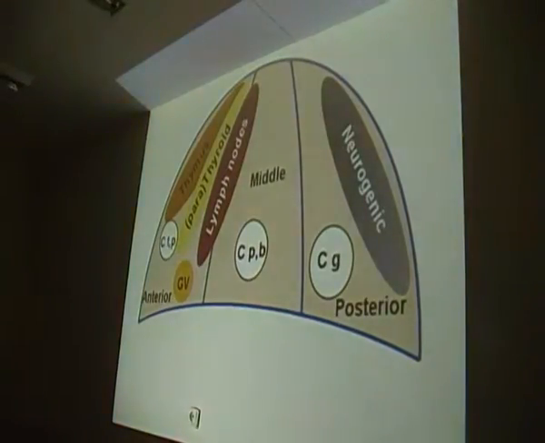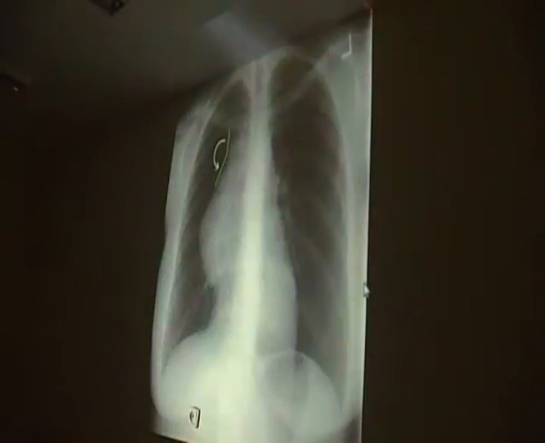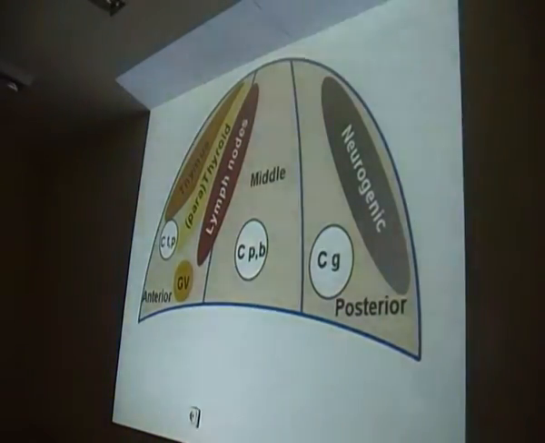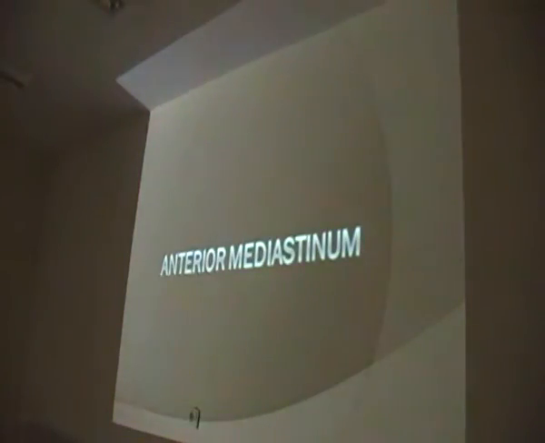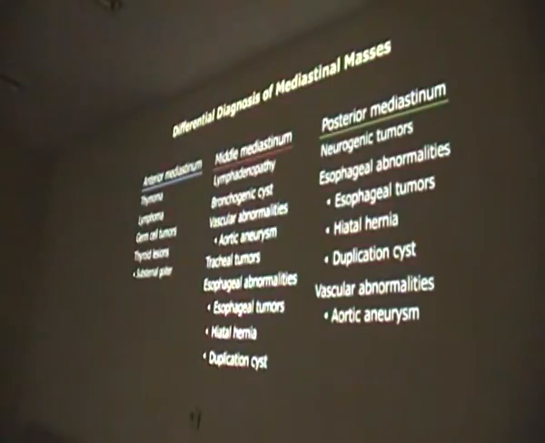Anyway, here's the simple scheme. The anterior consists of the thymus, thyroid, and lymph node, which also occurs in the middle mediastinum. The posterior usually consists of the nerves, actually the spinal cord. Sorry to say, I don't quite remember what the CTP stands for, but never mind, we will go through it anyway. So we will start with the anterior mediastinum. Since we know, what organs are in the anterior mediastinum? Thymus. Thymus, some more? Thyroid. Some more? Lymph node. Lymph node. So we can see some differential